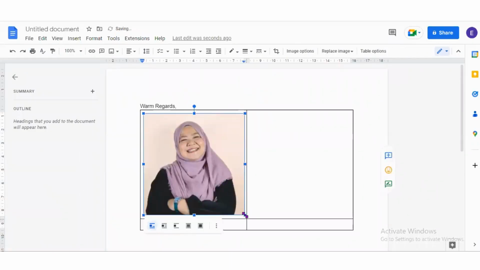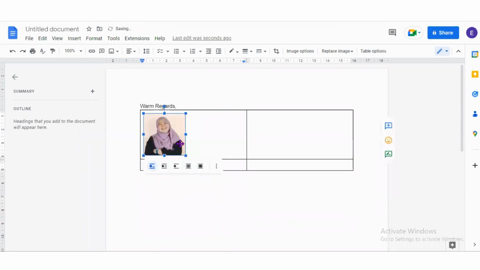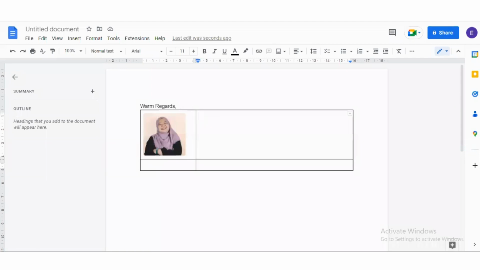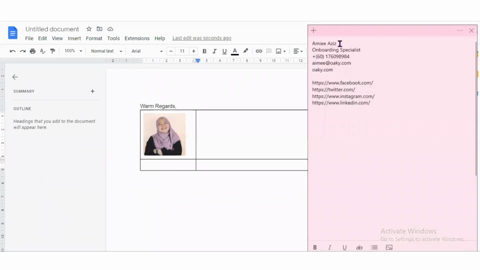So we can just drag and make it smaller as much as possible, so it looks good. So here I'll set up the information like AME onboarding specialist, something like that. All the contact information we should input in the second column. So here I already wrote this text and names and phone numbers, everything. So we can just copy